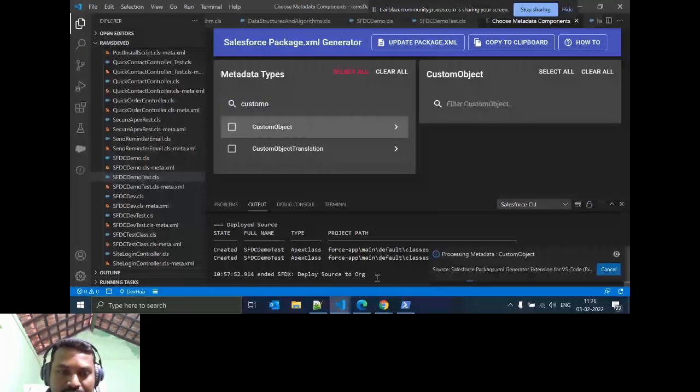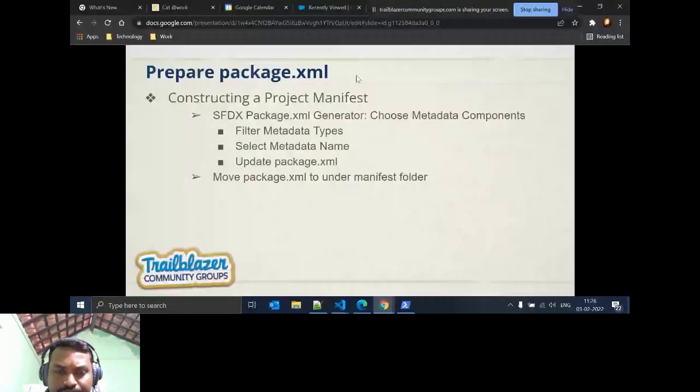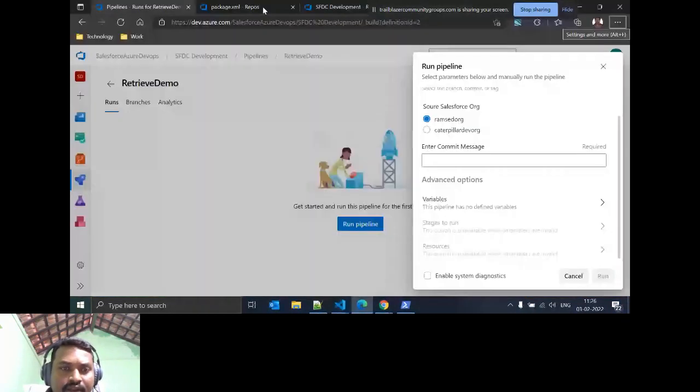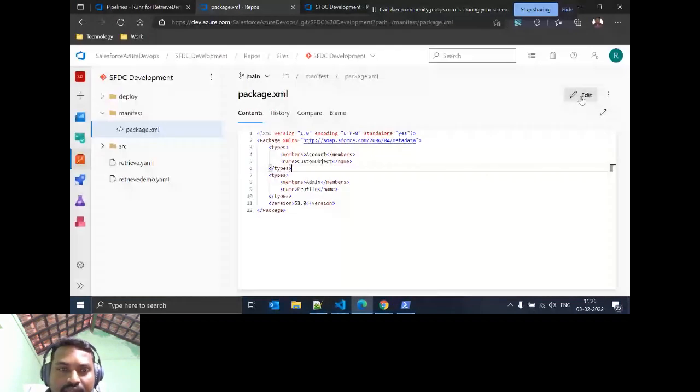Okay, I will open. Here this package XML, I go to edit here. I go to add another object.